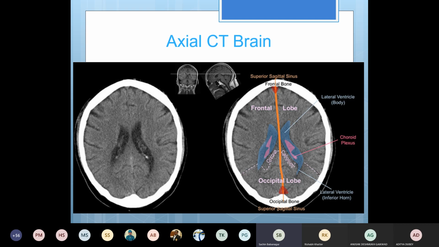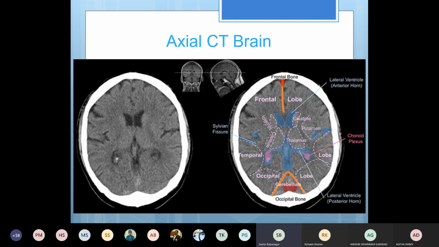Just parasagittal, this brain parenchyma is called the corpus callosum. It's basically connecting tissue from the right side to the left side, and it has some developmental significance. Sometimes there can be dysgenesis or agenesis of it, which is better appreciated on other modalities, but I'm just showing you the anatomy on the CT to start with. And this is the inferior horn of the lateral ventricle, also called the occipital horn. It's closer to the occipital lobe.